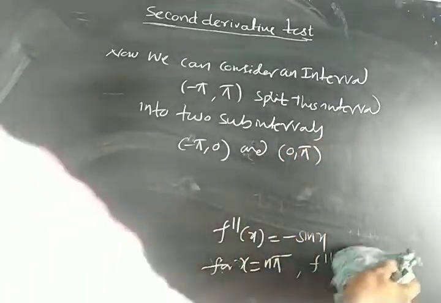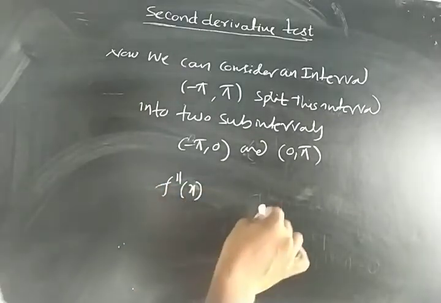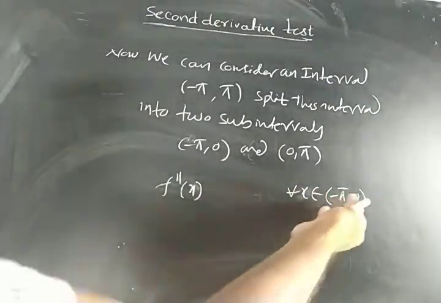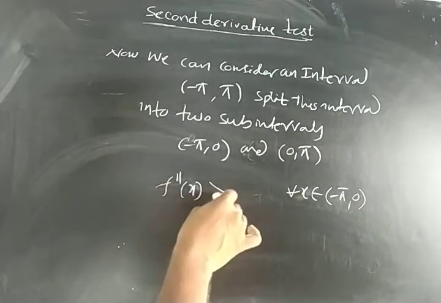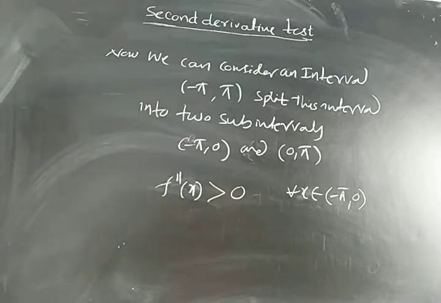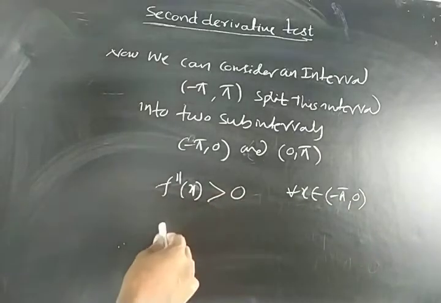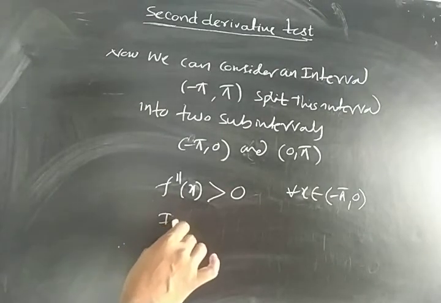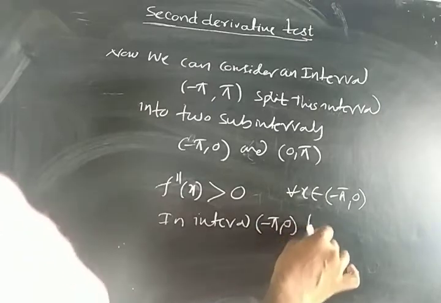Now I am checking f double dash of x, which is minus sin x, in this interval, for all x belonging to minus pi to 0. Take one value, minus pi by 2, minus 90. Substituting in sine, you will get a positive quantity. So f double dash of x is always greater than 0 in minus pi to 0. Positive f double dash of x means concavity upward. So by the second derivative test, in the interval minus pi to 0, the function